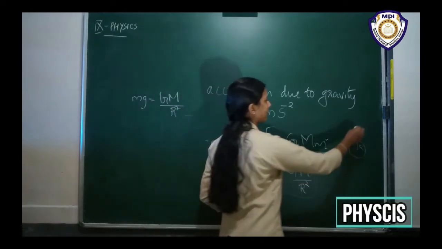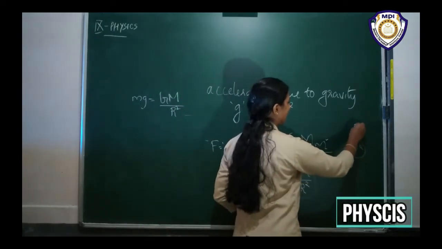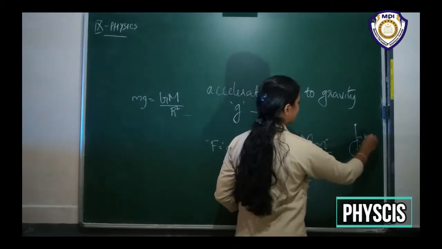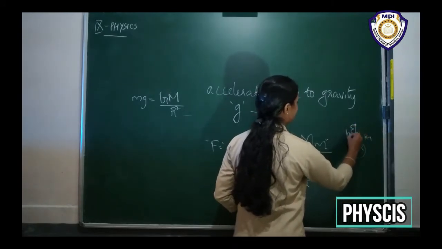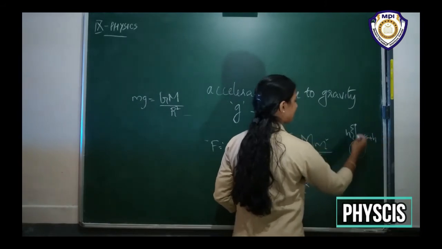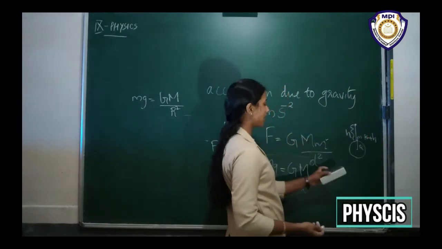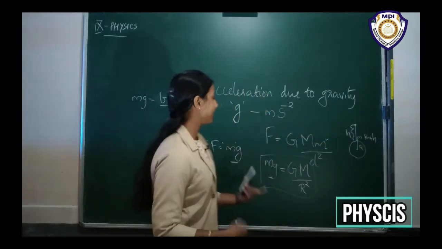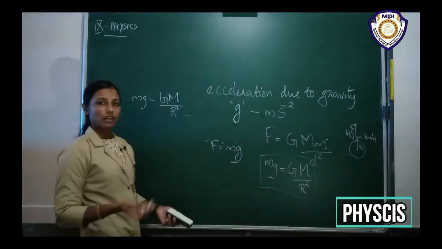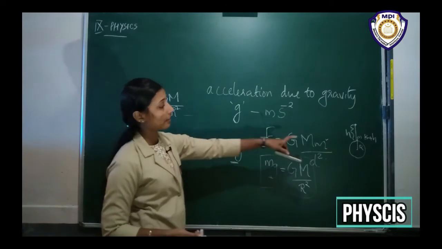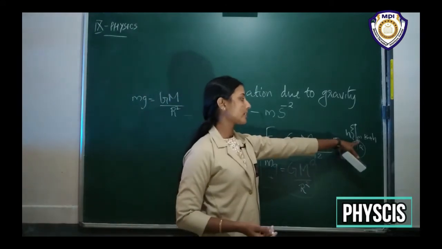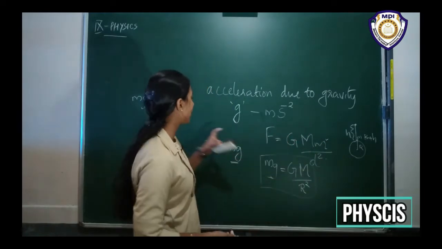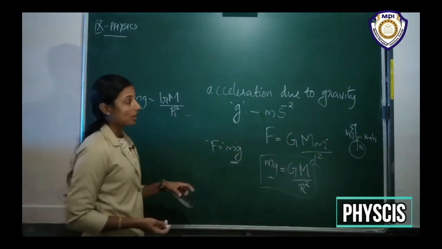If the stone is somewhat here, then it will have some other distance, right? That is this r plus some height h, right? So this is the distance. So we can write this as same d, right? The distance between the object and the Earth center. We can write it as d square itself, right? If we take the object is on or near the surface, then only we can replace that d square by r. Okay,